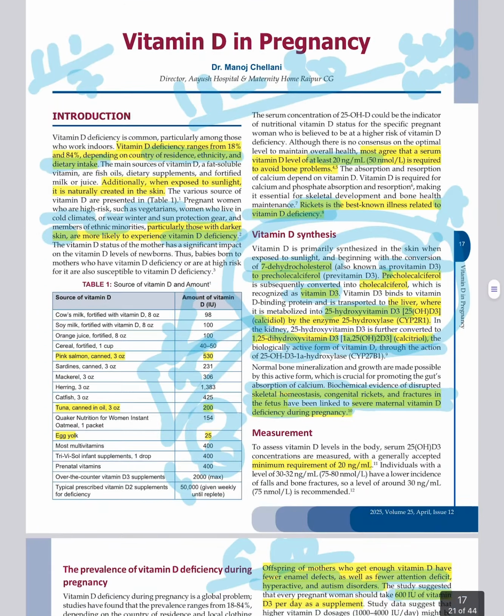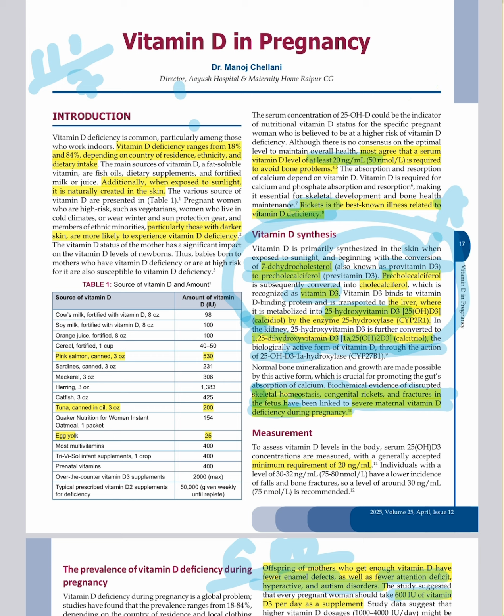Coming to vitamin D in pregnancy. Vitamin D deficiency in pregnancy occurs depending upon ethnicity, race, and so on. It is because of vegetarian diets and winter climate, with no exposure to sun, and few foods, even egg yolk, contain it. Vitamin D synthesis is first in the skin, then goes to the liver, then to the kidney, and finally you get calcitriol. If there is deficiency, that can lead to rickets and bone disorders. Next is